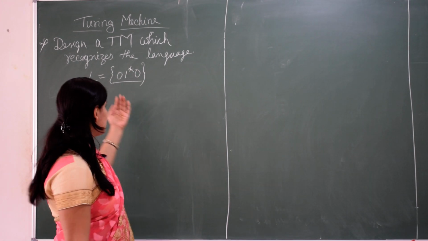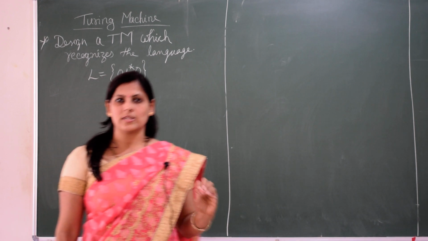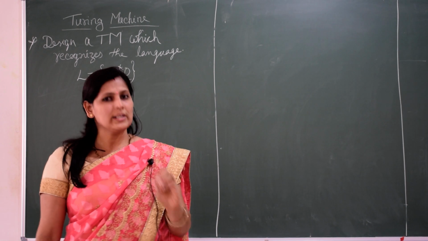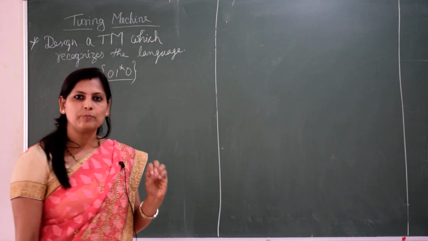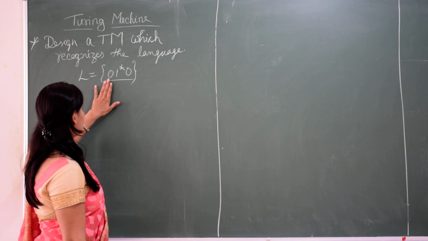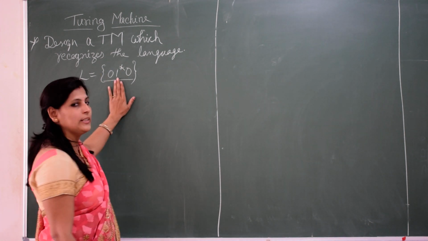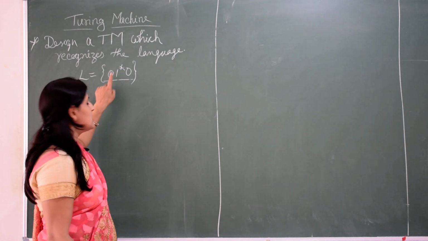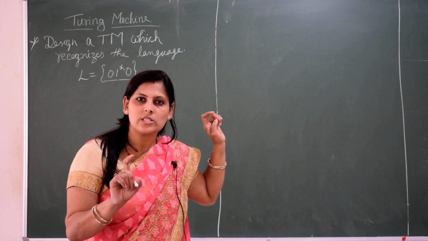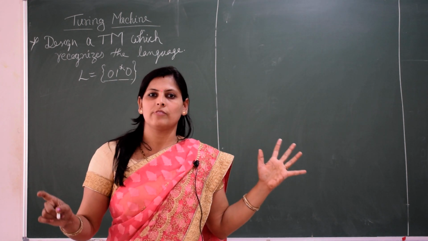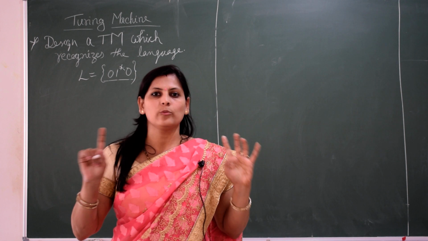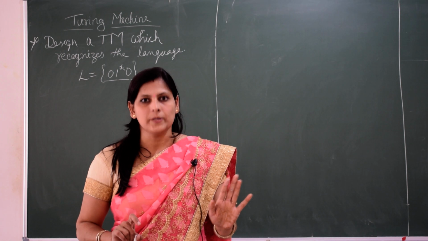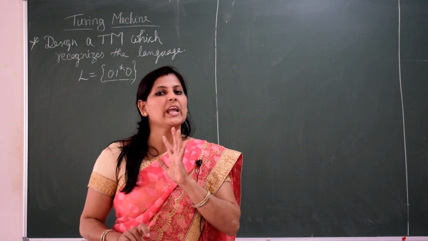What do you understand by this language? This example is the easiest and smallest example in the Turing machine concept. So, for beginners to understand, this example will be better for you. What we understand by this language, 0, 1 closure, 0, means a string should start with 0, followed by n number of ones, and it should end with 0. If a string has this combination, it should be accepted. Apart from that, it should not accept any other string.